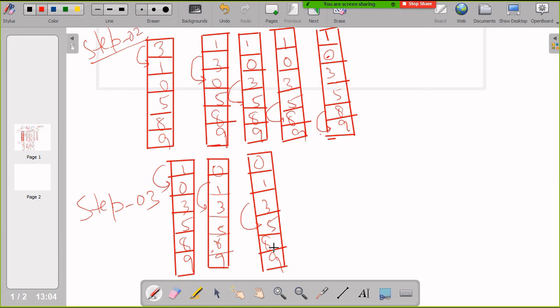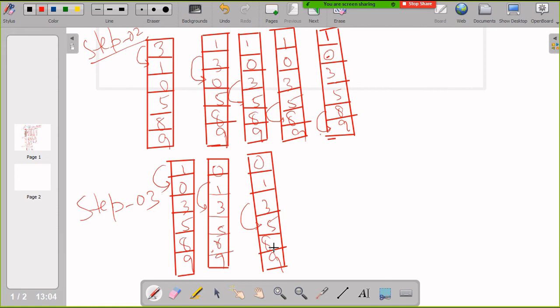So this will continue. If the number of elements is, suppose, 5, then the steps will be 4 times, and there will be interchange also. The number of steps is one less than the number of elements.